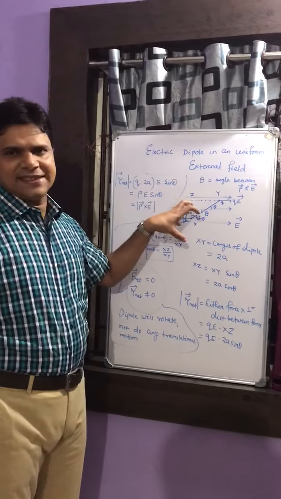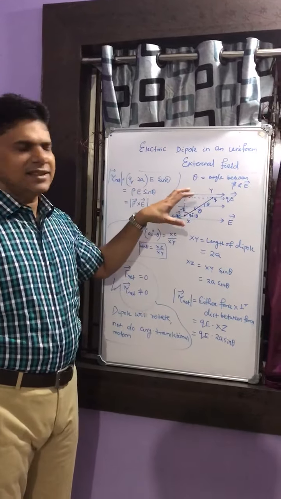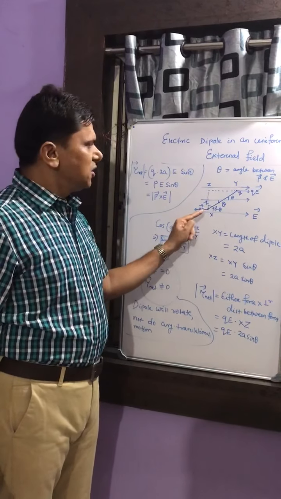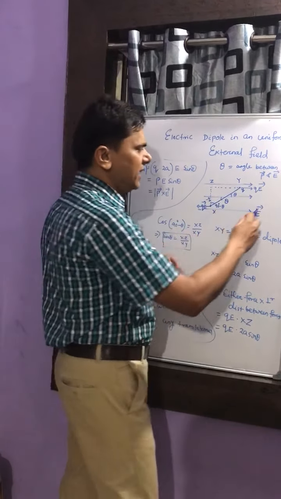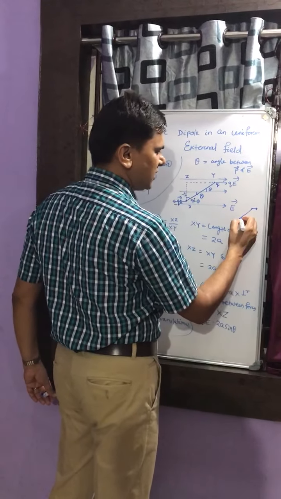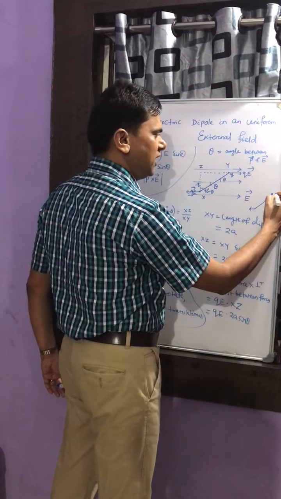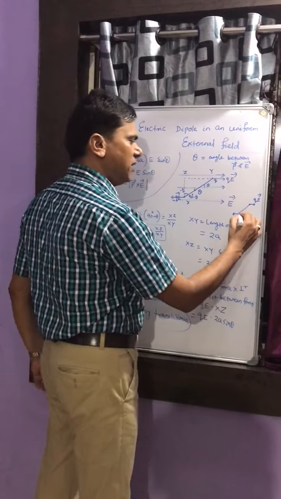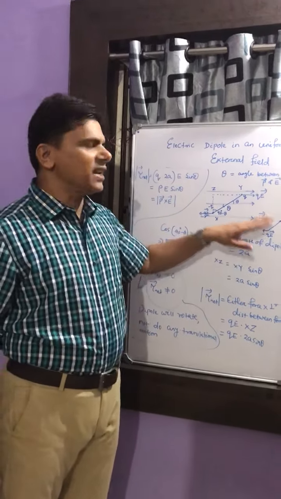Now once we place this dipole in the external electric field, you see this plus q will experience a force qE vector that will be along the direction of the electric field, because this is the positive charge, and this minus q will experience a force that will be opposite to the direction of the electric field, because this is the negative charge. So plus q, minus q means we are getting a system where two forces are acting, one towards this, the other towards this. This is plus qE, this is minus qE. Both are equal in magnitude, but the direction is opposite.